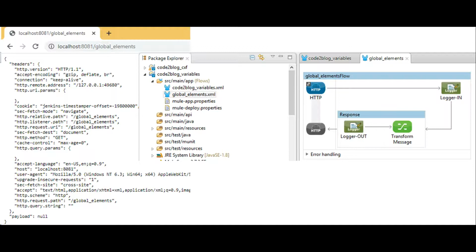We start by creating a Mule project. Then, to test our setup, we use global elements flow. You should use Mule domain project to store details common among multiple Mule projects. I copied and pasted a Mule flow called global-elements.xml for demo purposes and for the sake of simplicity. See my blog post about domain Mule project, link in description.